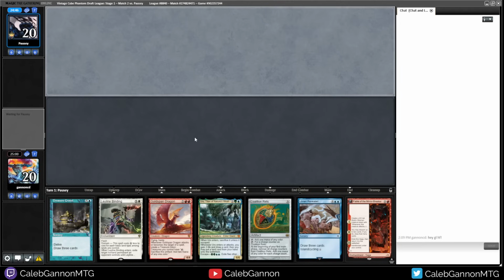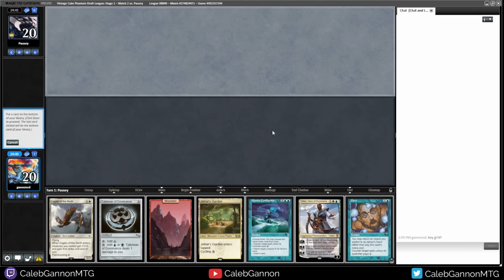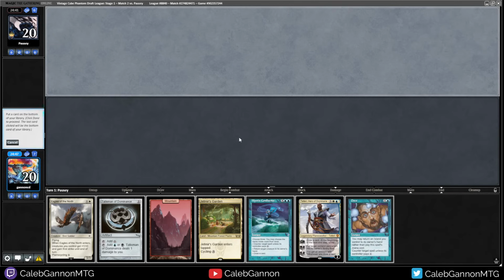All right, we're playing against Pawsey. So this is an example where Lorien Revealed is not a land. I wouldn't keep this with 1 land anyway, but just pointing it out. This is a very, very... Well, it's not that slow, actually. I'm going to keep this. And I'm going to get rid of... On the draw...